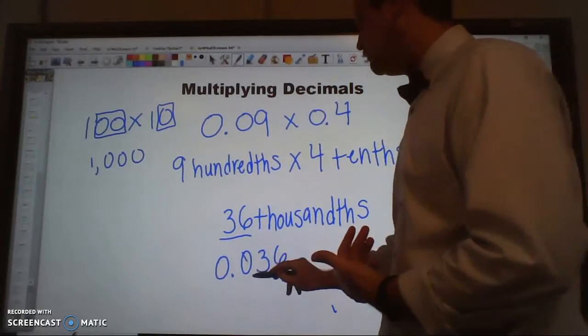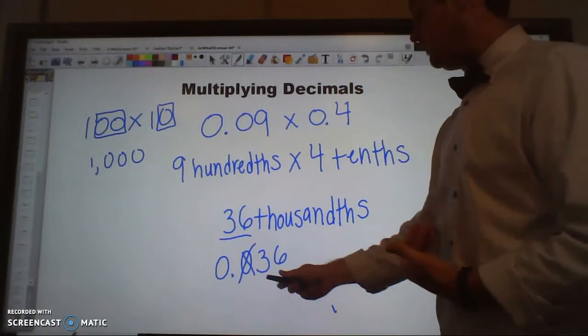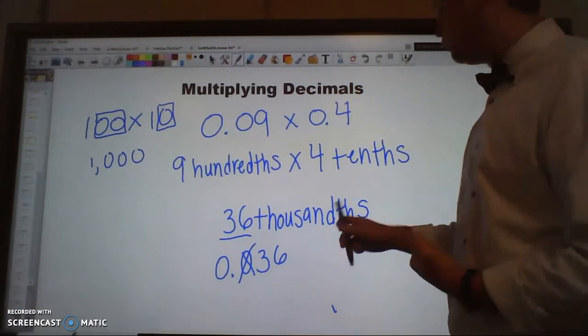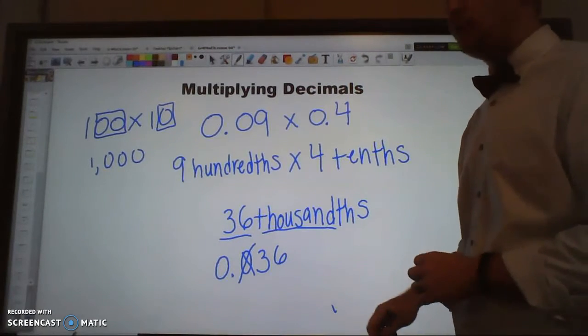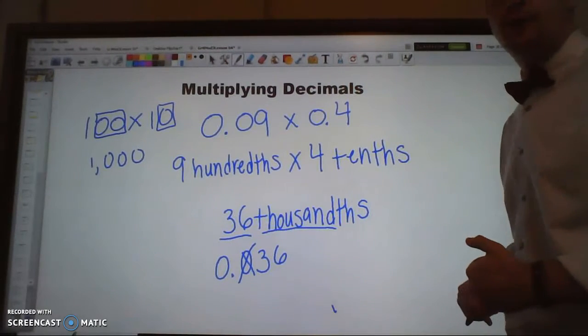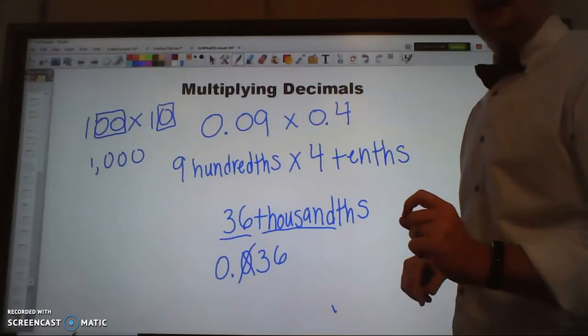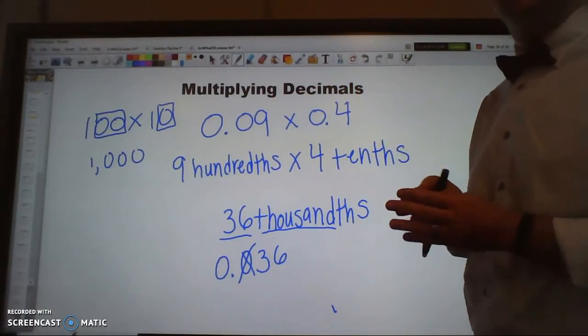Because if you didn't have that 0 there, that's still 36, but it wouldn't be 36 thousandths. That would be 36 hundredths. So we have to make sure that we know our place value. Okay. Now I'm going to take a second here, and we're going to look at fractions, because fractions and decimals